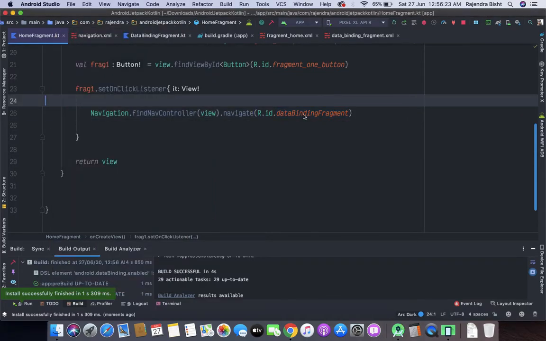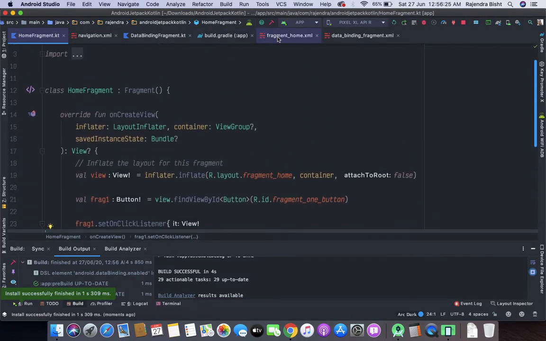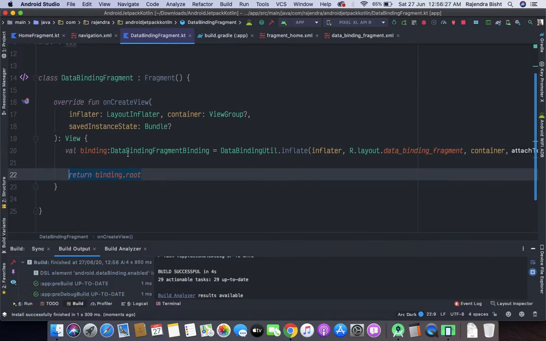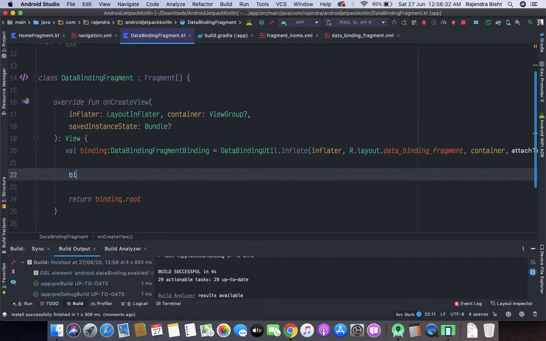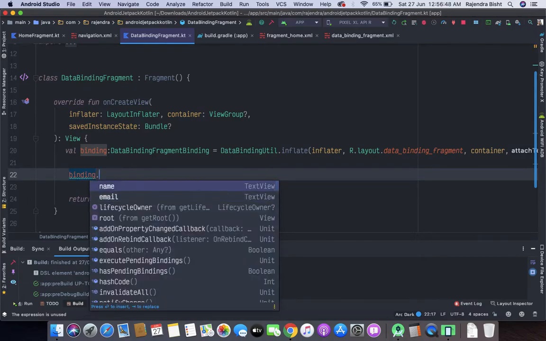Okay, now we will bind the data from the fragment. So here binding dot name. Here we don't need to cast findViewById and other things. When you type binding dot, it will give all the IDs from the XML.